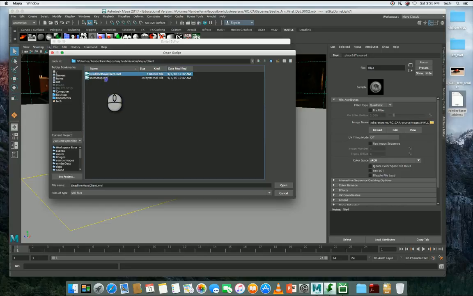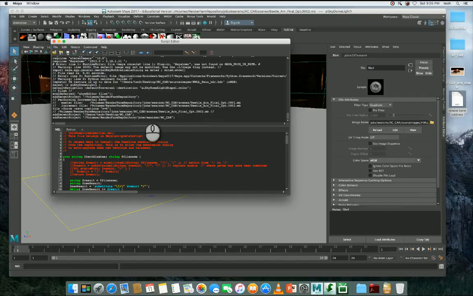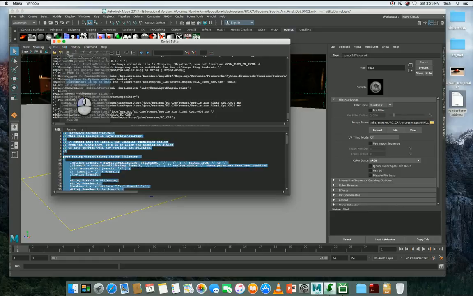One of them is basically two words, this user setup mel, it's hardly anything in it. We want this Deadline Maya client mel file, slightly bigger. You can see that one's 34 bytes, that's 3 kilobytes. So I open that up, and it opens it up here down in the script editor. Now I just want to run the whole lot. So what I'm going to do is I'm just going to move my mouse in here, click somewhere in this window, go to edit, select all, so the whole thing's selected, and then I'm just going to click this play button here just to tell Maya to run that script. So I'm just going to say run that,